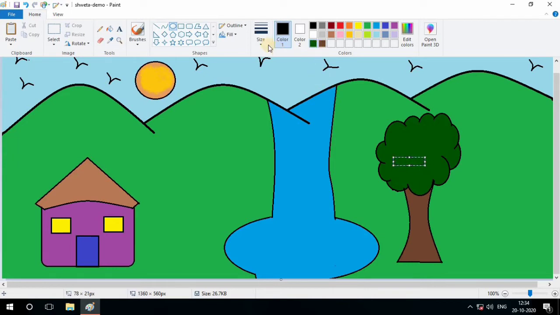Now I want this size of line smaller and the color green. Okay? Does anyone have an idea what I am drawing here? Anyone? No idea?